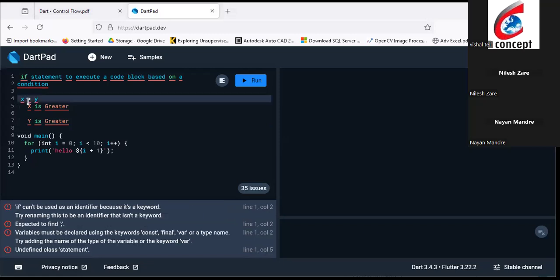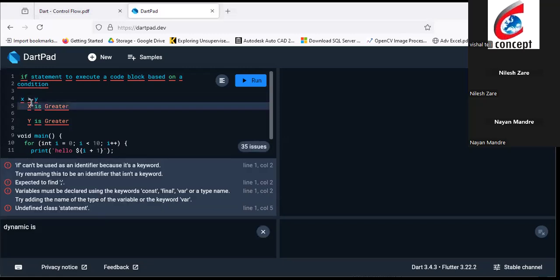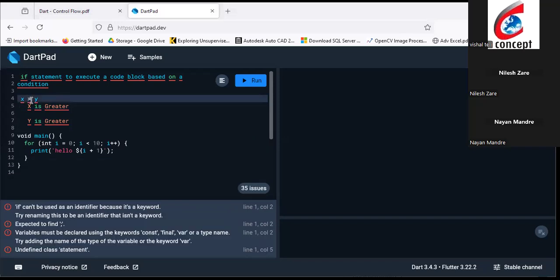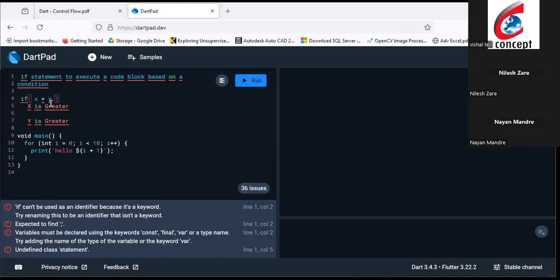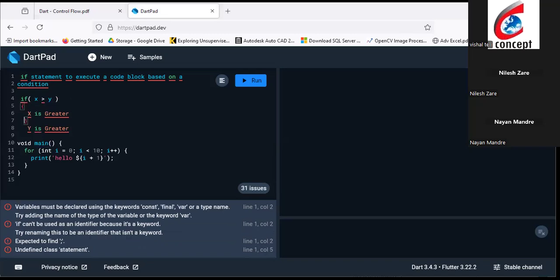If this condition is true, it's executing X is greater. If this condition is false, that means Y is greater. So this condition becomes false only when Y is greater. When x's value is greater than y, then this is true. So let's put it in the if syntax. This is the if syntax. We have the if block here, and here we have